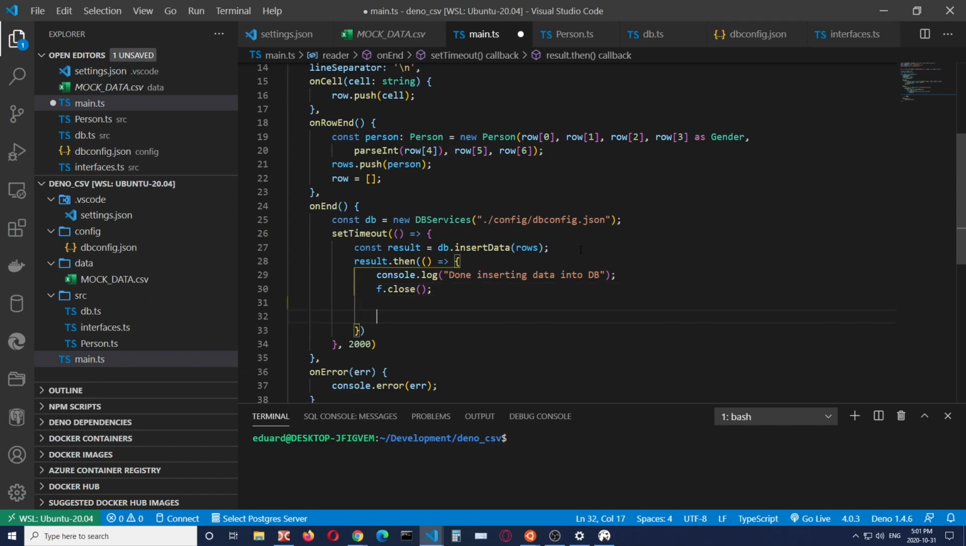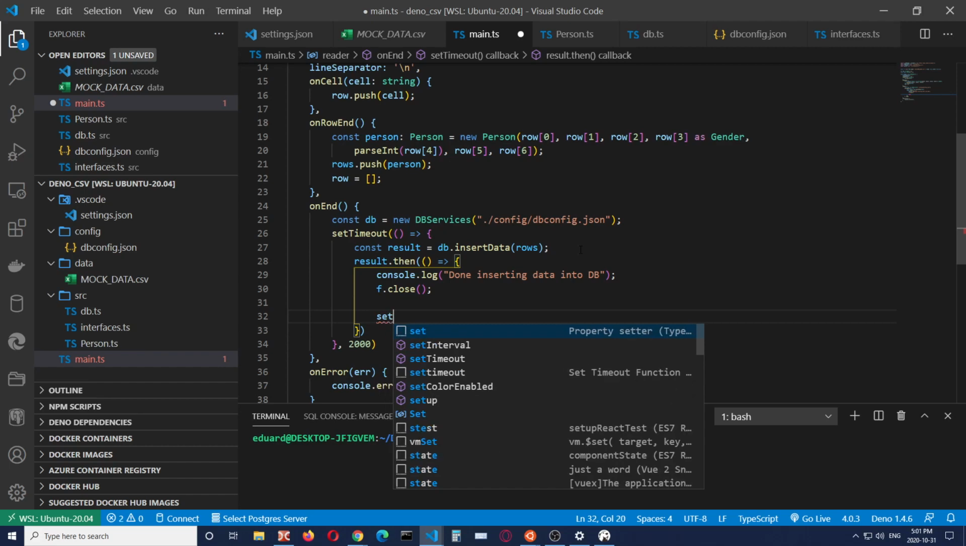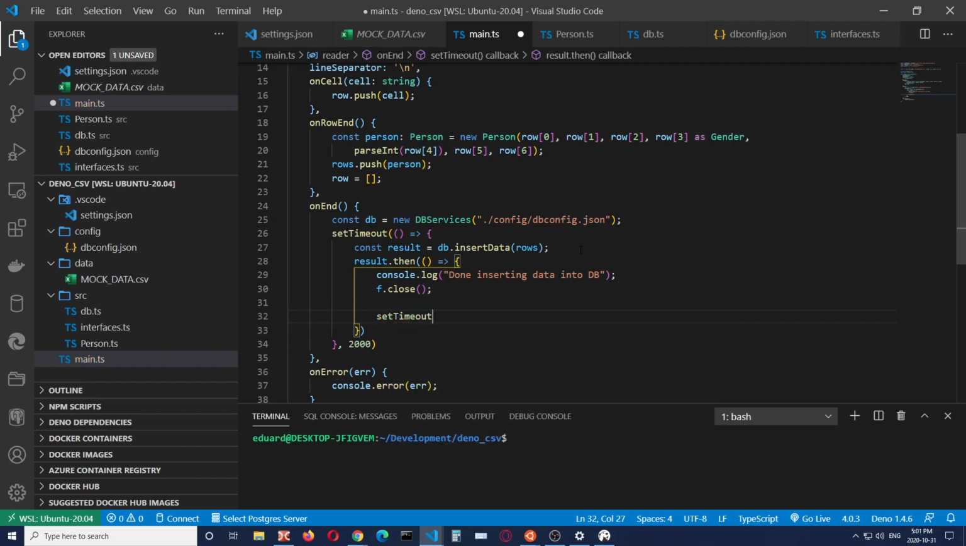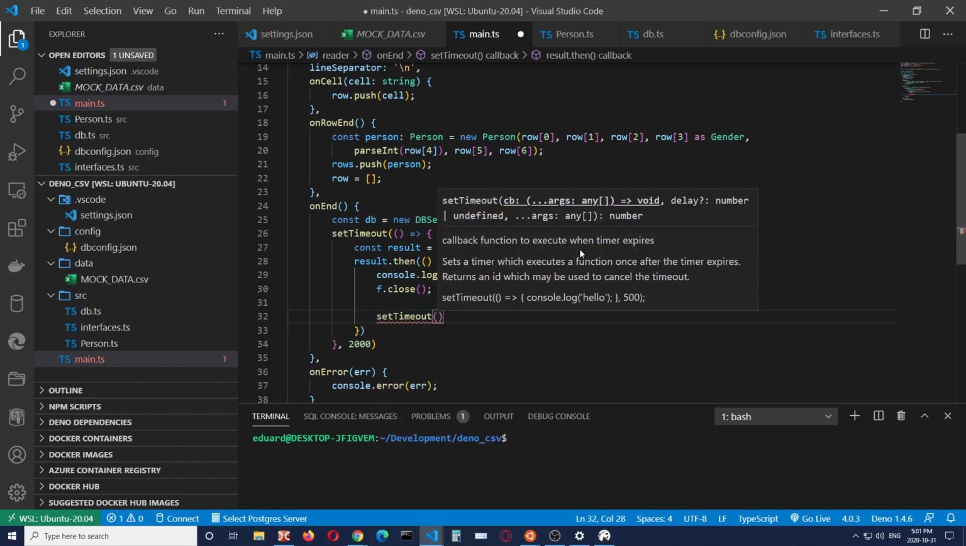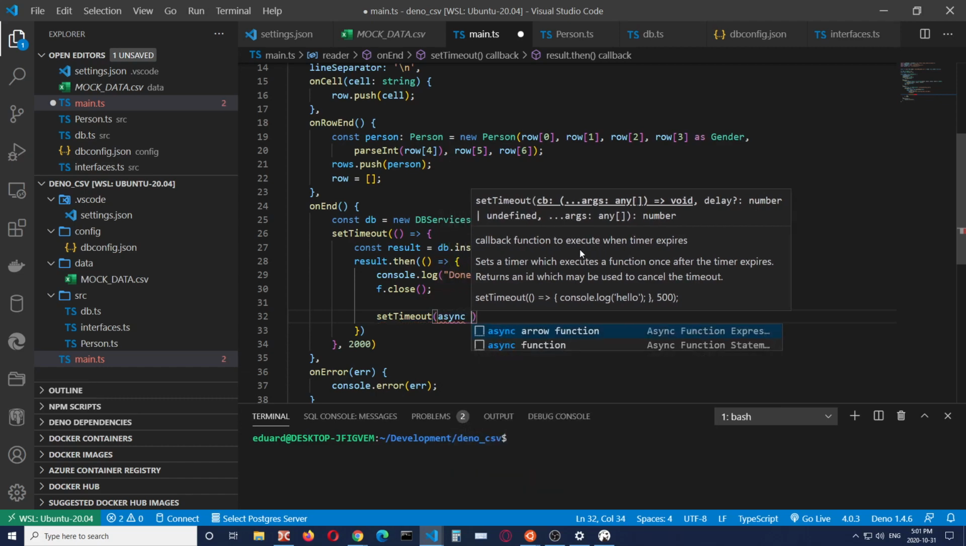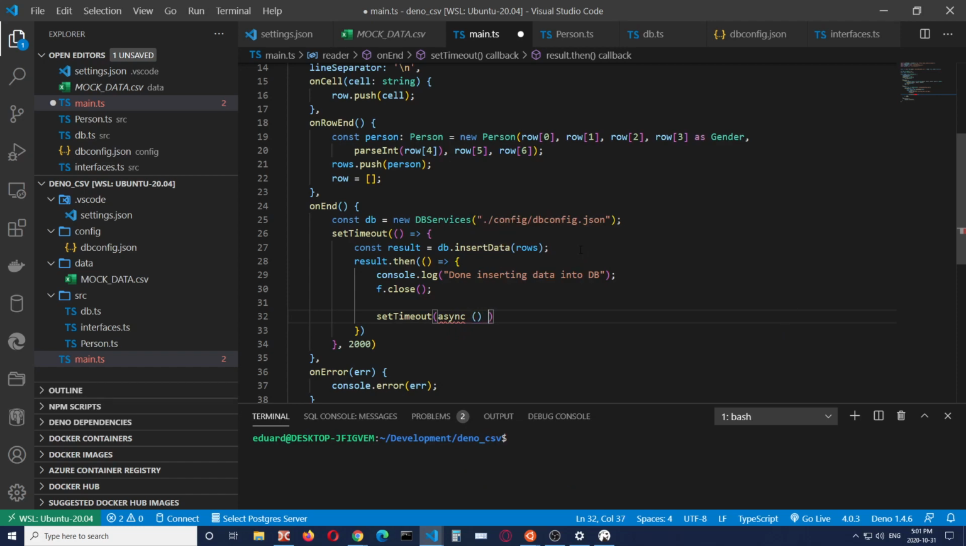And now after I have done that, after 2 seconds, I'm going to query the data and grab the data from the database and save it into a different file in the data folder. So into a different CSV file, of course. So I'm going to say setTimeout. This function will be async, and I'm going to say